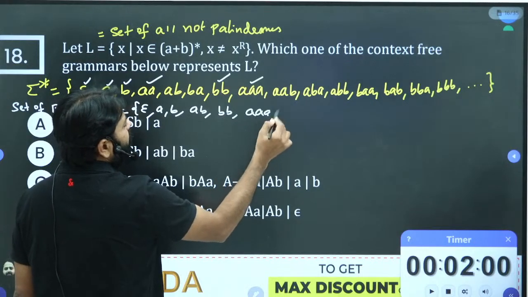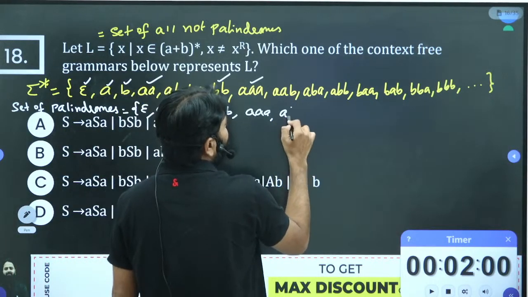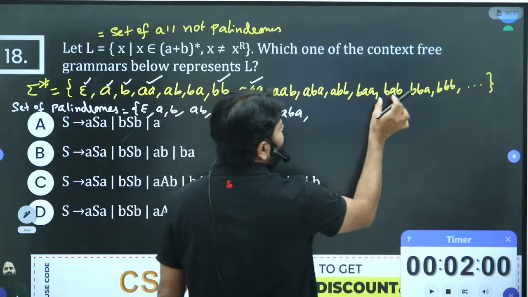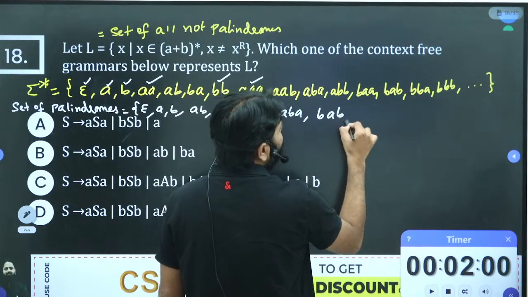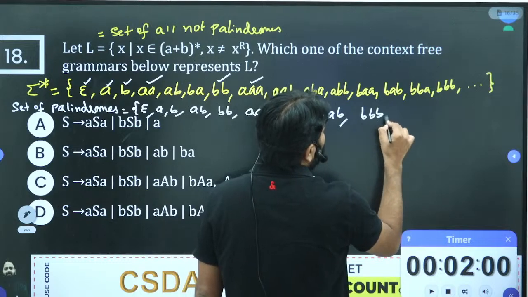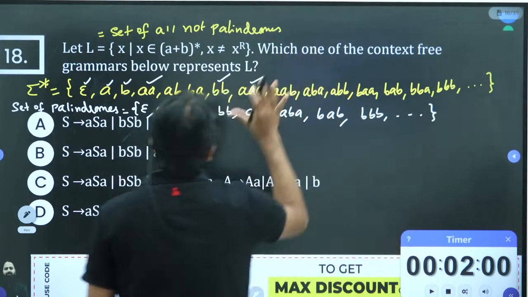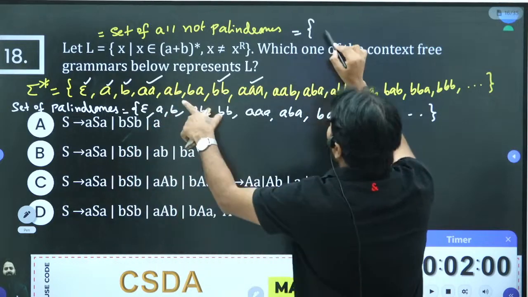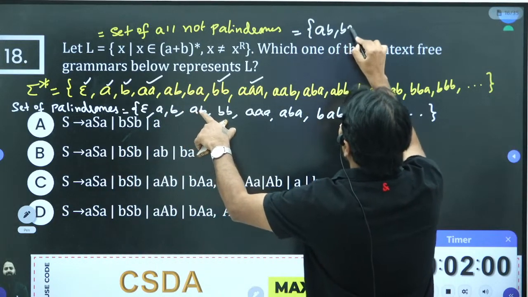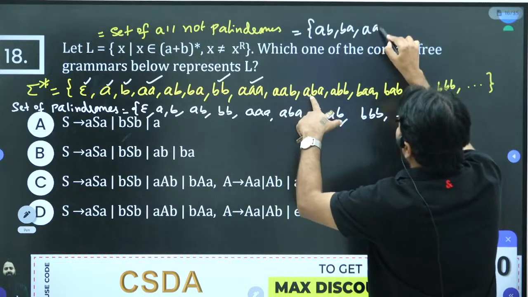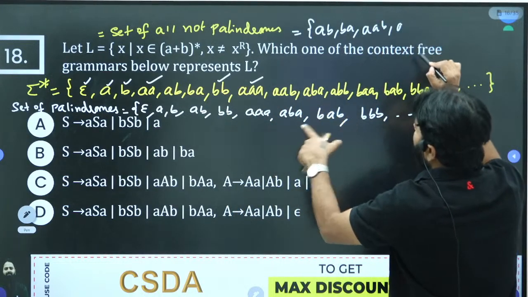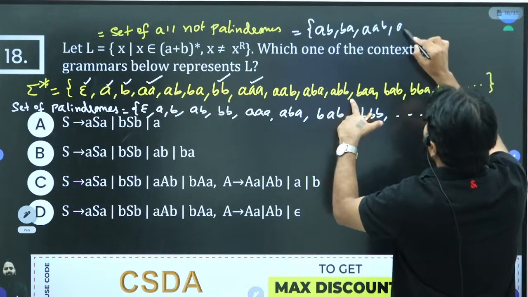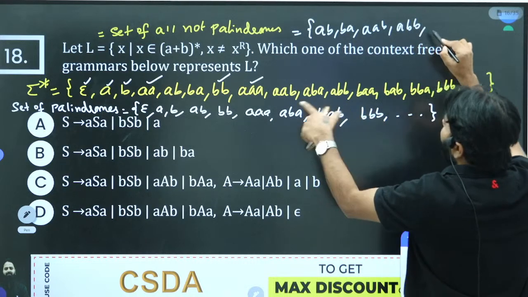Palindrome. Not a palindrome. This is a palindrome. ABA, reverse is also ABA, and BAB, reverse is also BAB, and triple B. And you understood the palindromes, right? Now the given question is here. The remaining strings are the non-palindromes: AB, BA, and here AAB, AB. Oh, ABA is already covered here. ABB, reverse is BBA, which is not the same as the given.